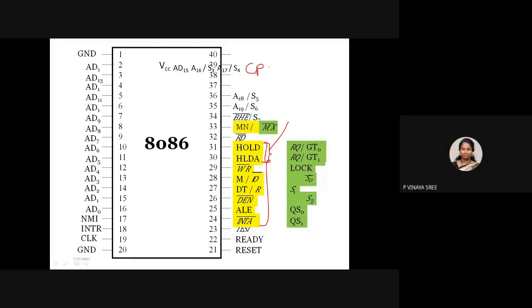DMA. So on one side you will have a CPU and on the other side a DMA, and you will have secondary devices connected to the system memory. If you want to transfer data to a secondary device, then what will the DMA do? The DMA will give a request, HOLD.